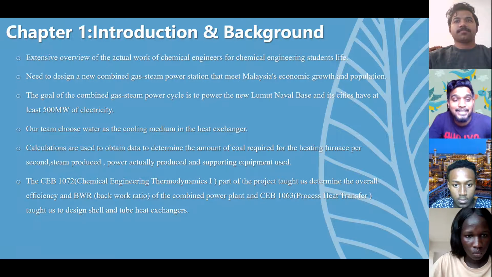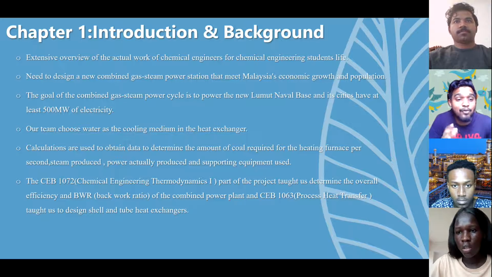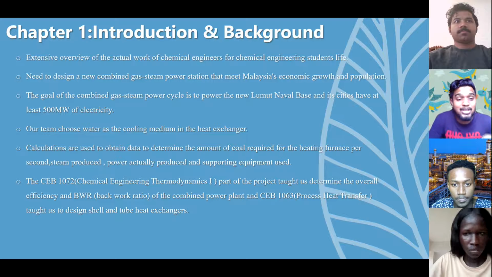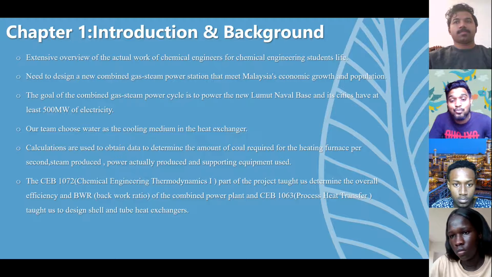Okay, now let's see Chapter 1, which is the introduction and background of our IDP project. So what is basically an IDP project? It's an extensive overview of the actual work of chemical engineers for chemical engineering students' life. The goal of our IDP project is to combine a gas steam power cycle to power the new